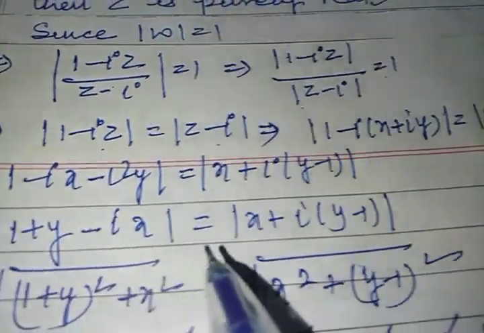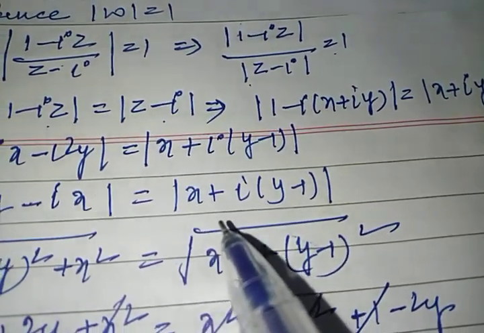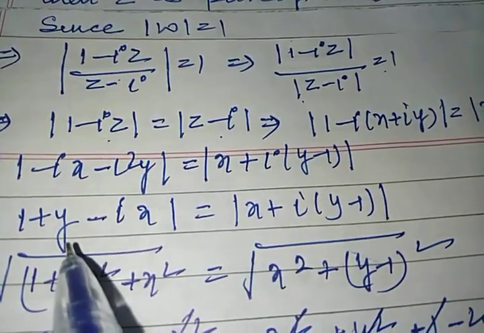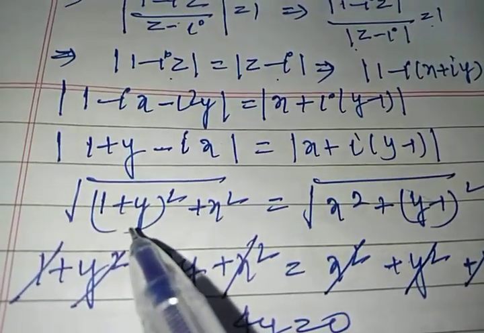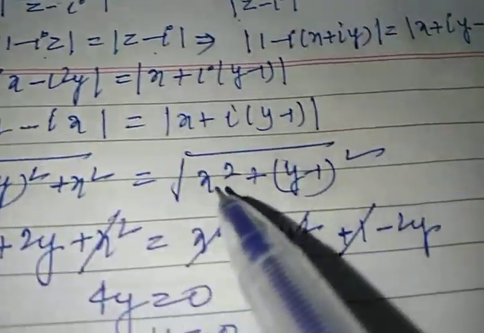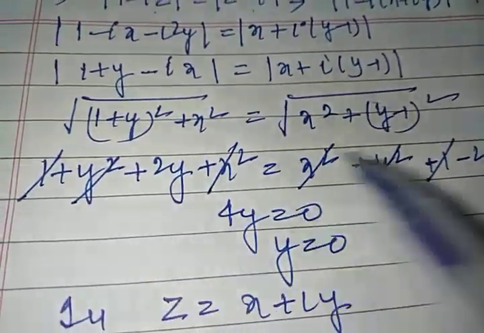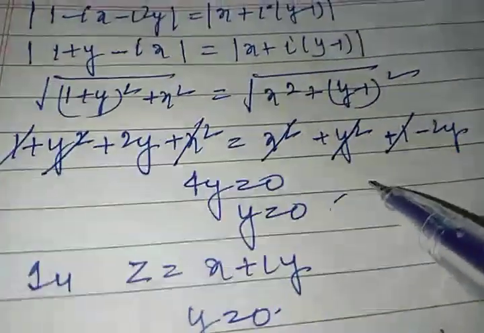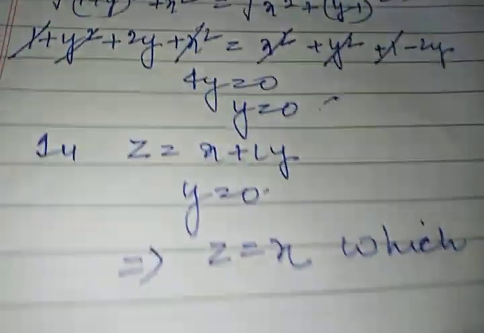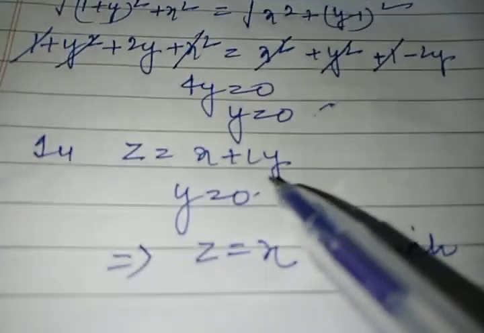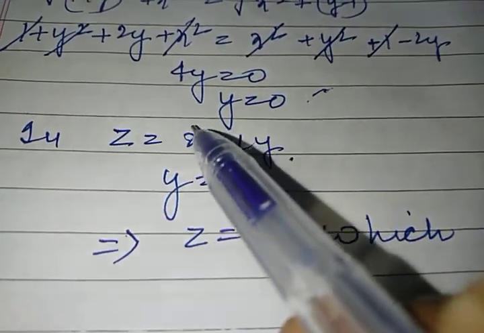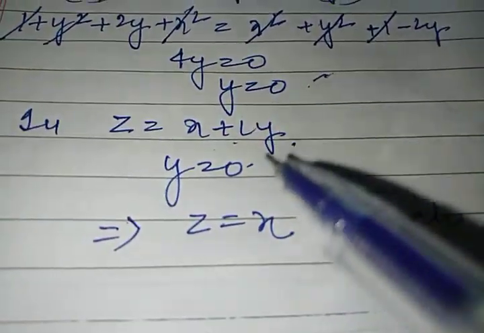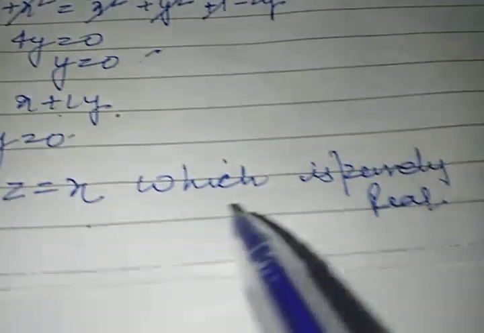So we got here. And now we know that the modulus of any number is equal to the square root of the square of the real part plus the square of the imaginary part. So this is the square of the real part, and this is the imaginary part. Squaring both sides, cancel it out. So you get y is equal to 0. So children, y is equal to 0 means in z is equal to x plus iy, the imaginary part is absent. So only the real part is present over there. Okay. So y is equal to 0, z is equal to x, which is purely real. Right.